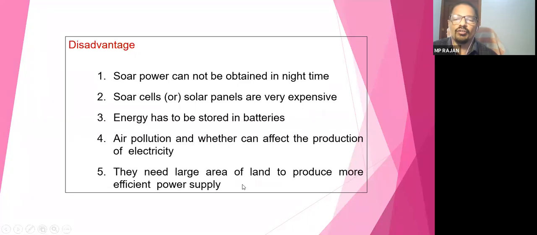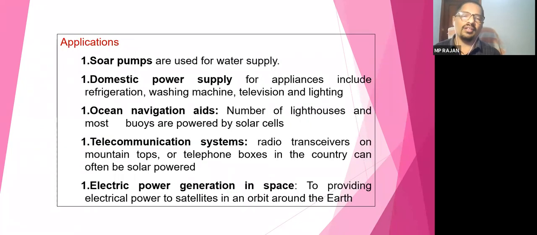Okay, and for a solar panel you need a very large area. For 1 kilowatt you need 10 meter square area. So we can use it everywhere, but on a roof, if you do not have proper area, consequently you have to reduce the wattage of the solar panel. So large area is needed. So these are the disadvantages of solar cell if you are using it for generation of electricity.